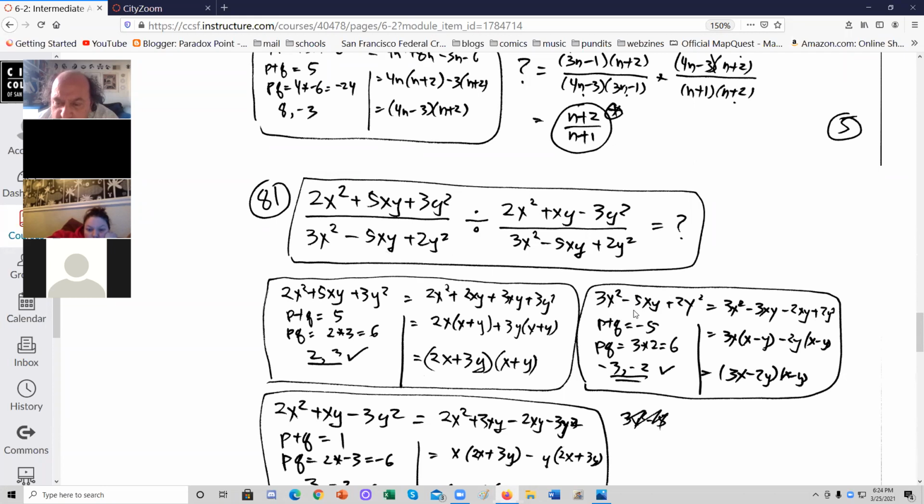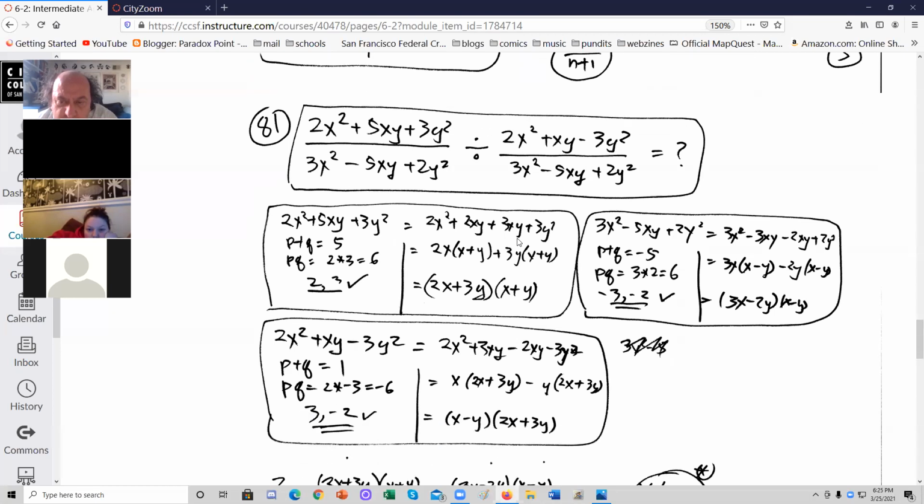This here, 3x squared minus 5xy plus 2y squared. Here, p plus q must add to -5 and multiply to 3 times 2, which is 6. -3 and -2 work in this case. So write minus 5xy as minus 3xy minus 2xy. Factor these two, a common factor of x minus y comes out, leaving 3x minus 2y. So this goes in the numerator. Now here we're going to flip these around, but for now,